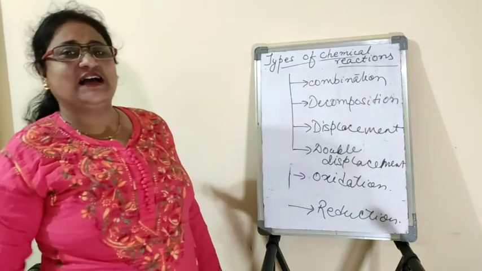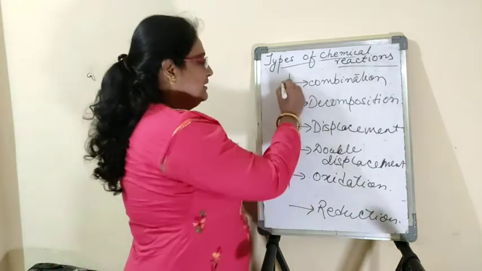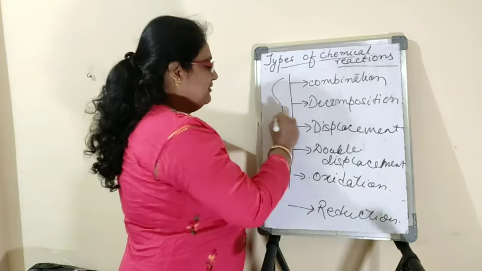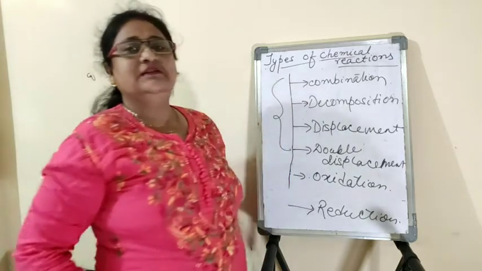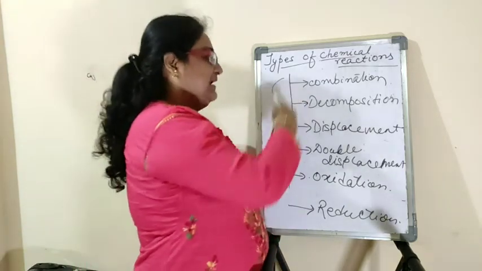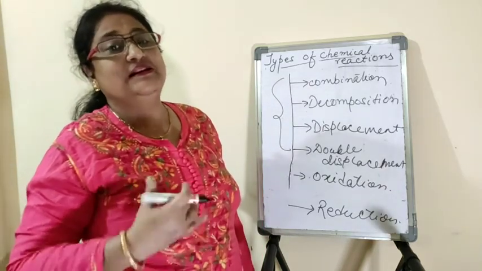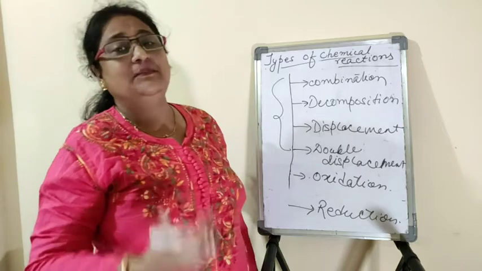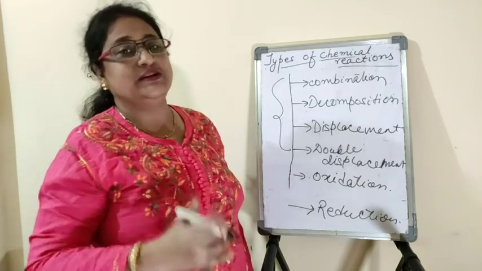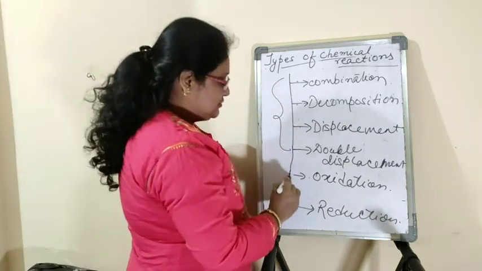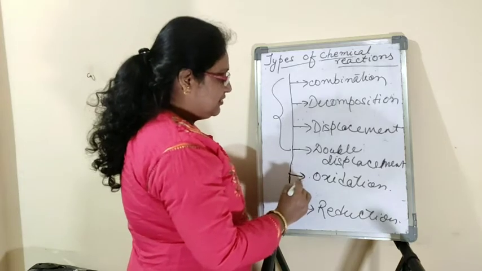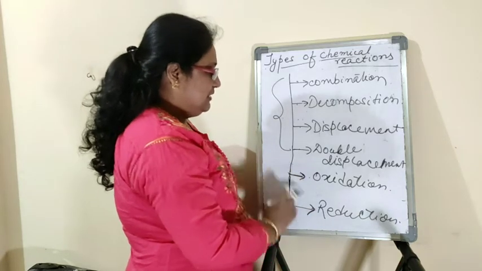Among these 6 types of chemical reaction, these 4 reactions are distinguished in accordance with the formation of product, or the number of reactants or the number of products produced during the chemical reaction. And these two, oxidation and reduction reaction,